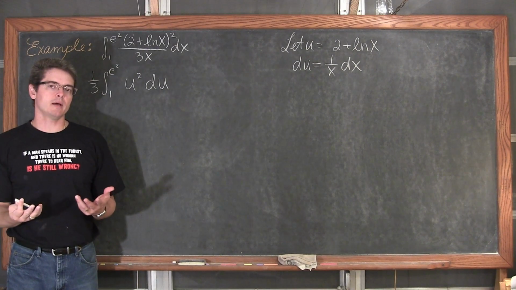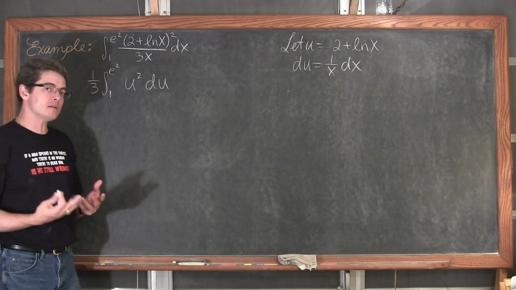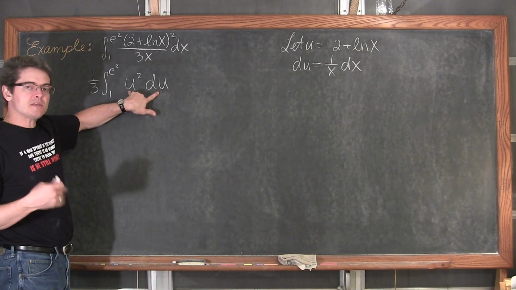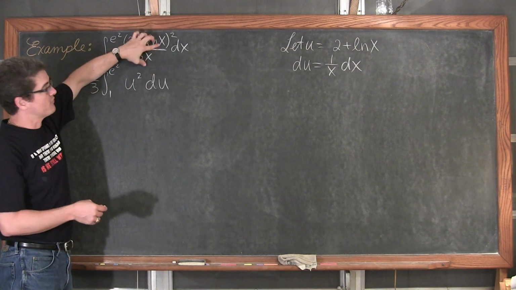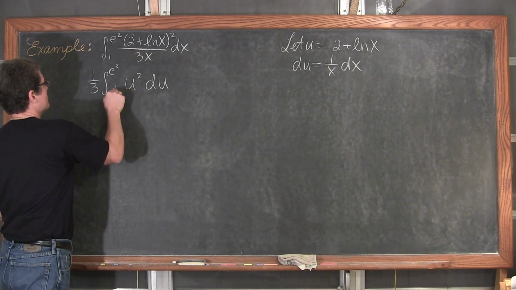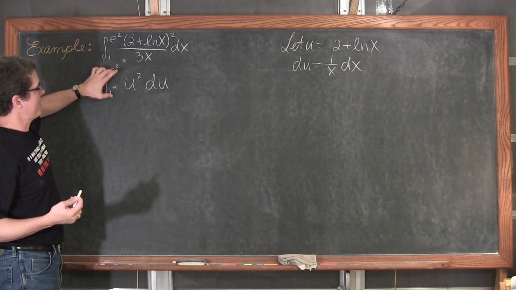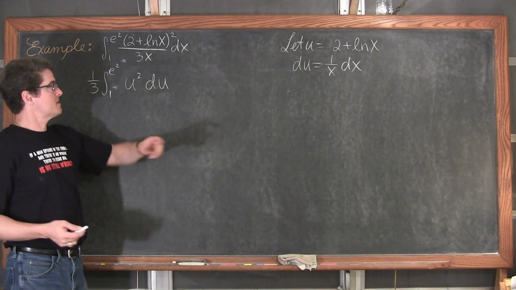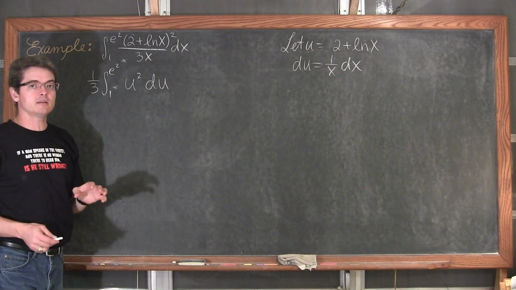How do you want to show your work? Now, see, I'm evaluating a definite integral. So because of that, this is now referencing u, but my lower and upper limit was from an integrand that referenced x. So this isn't really right. Maybe you could put a little asterisk here to remind you that these are in terms of x, and now my integrand is in terms of u. Do the integration and then take that expression for u and substitute it back in before you evaluate the definite integral.